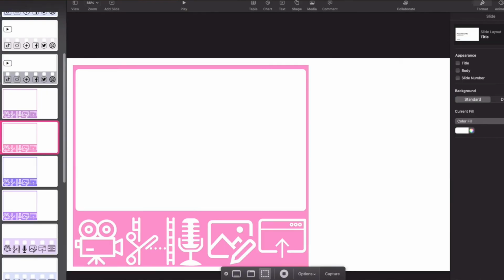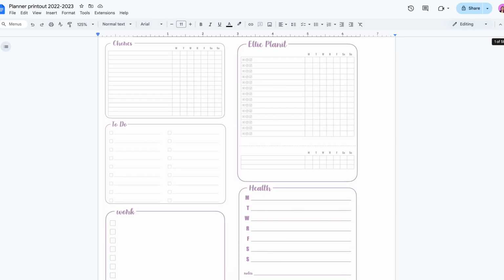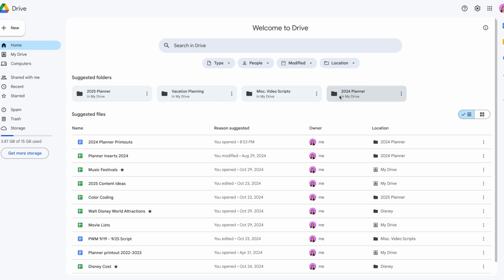I use Canva to create my own custom weekly dashboard for my classic size dashboard layout Happy Planner. But when I first started making my own dashboard design, I started using things like Keynote and Google Docs and Google Sheets, I think PowerPoint even at one point. And then I learned about Canva and started using that, realized it was easier, but I had already built some